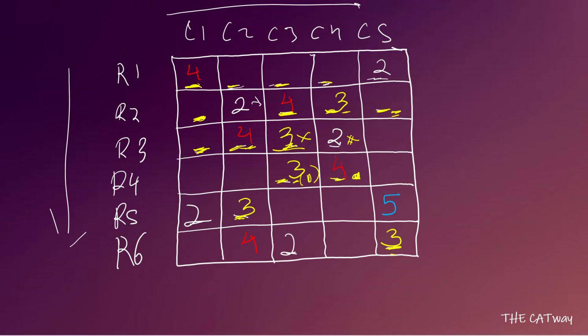Okay, so this one is for 5. After that we have 5 over here. We will be having 5 over here. After that we will be having 5 over here. After that we will be having 5 over this place. Okay guys, and after that the last 5 is going to come over here. Now we have filled 5 positions for 5 chocolates each.